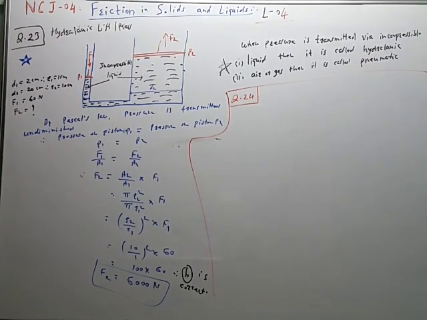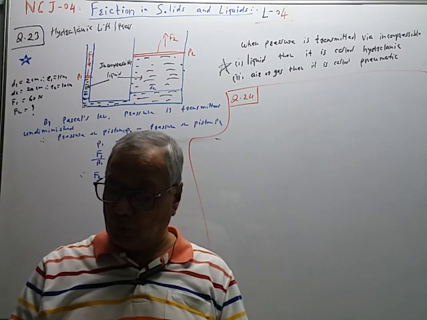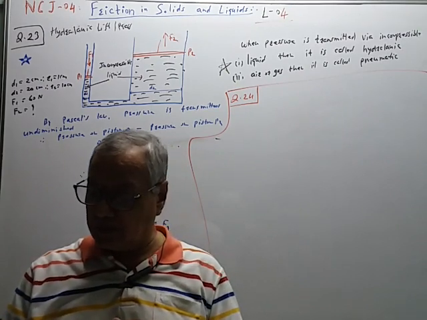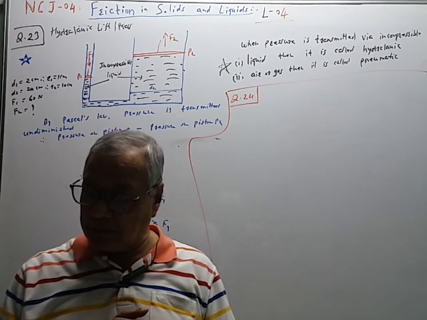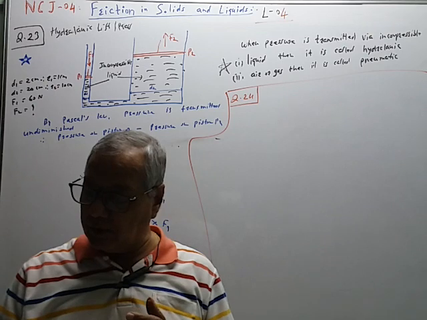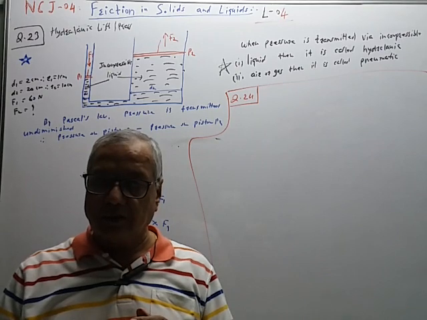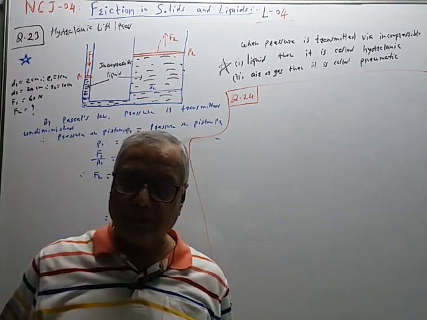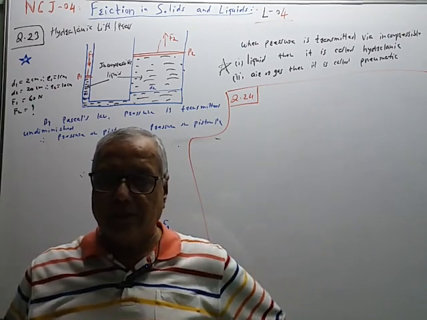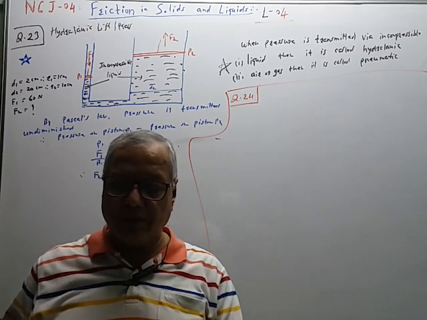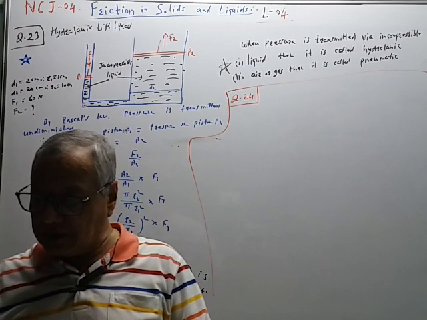Next, question number 24. We will go serially. Two thigh bones, femurs, each of cross-sectional area 10 centimeters square, support the upper part of the human body of mass 40 kilogram. What is the average pressure sustained by the femurs? The femurs हे जे बोन्स असतात ते आपल्या पायामध्ये असतात, लेगमध्ये असतात. दोन बोन असतात, एक फेमर आणि दुसरं म्हणजे टिबिया बोन. तर ते दोघे मिळून प्रेशर आपलं बेअर करत असतात. तर त्याच्यातला ॲव्हरेज प्रेशर आपल्याला विचारलेलं आहे.